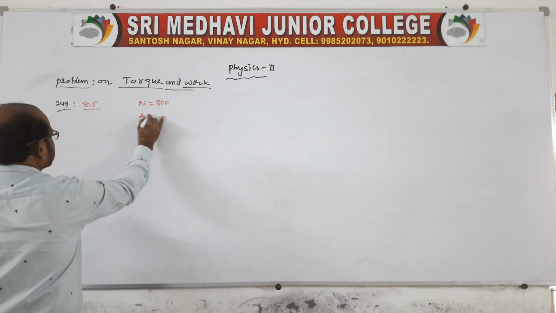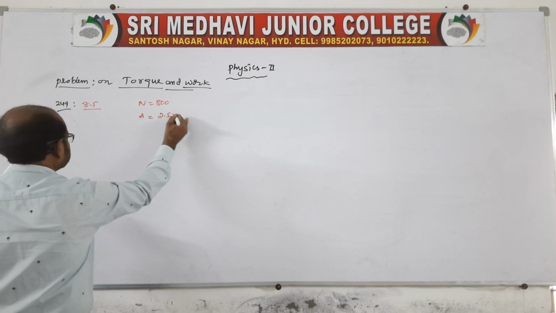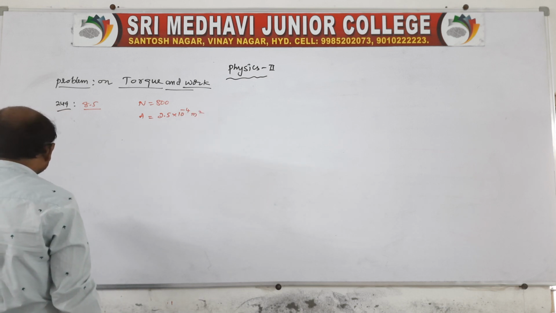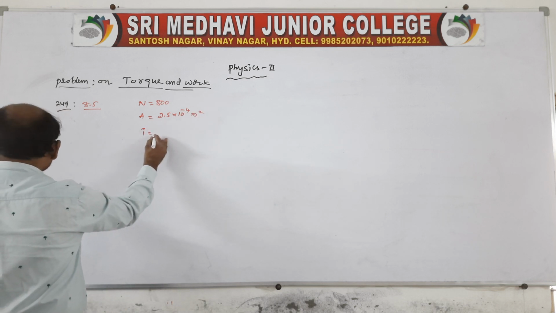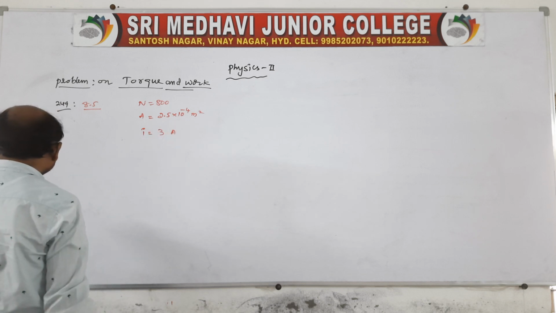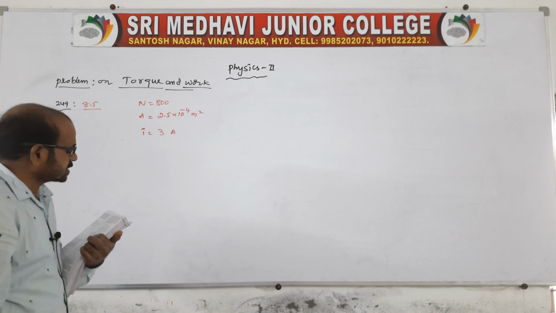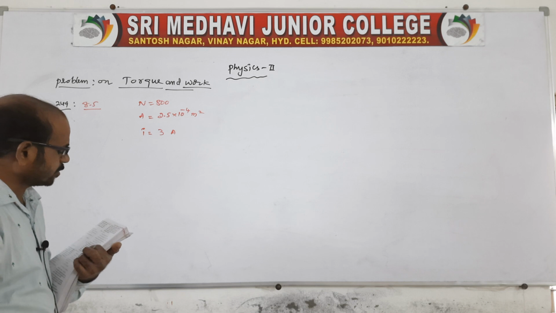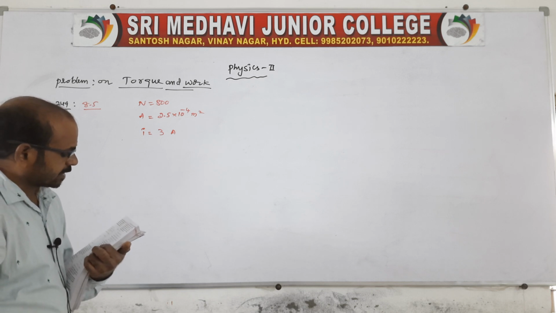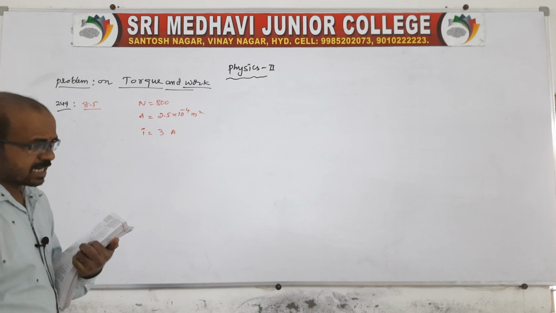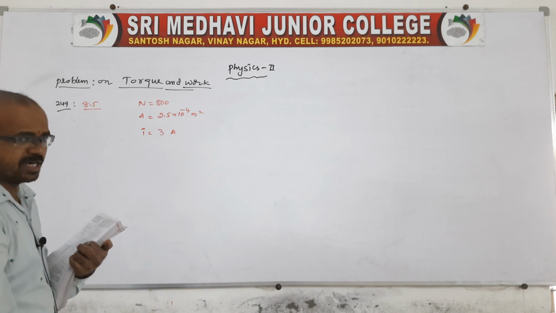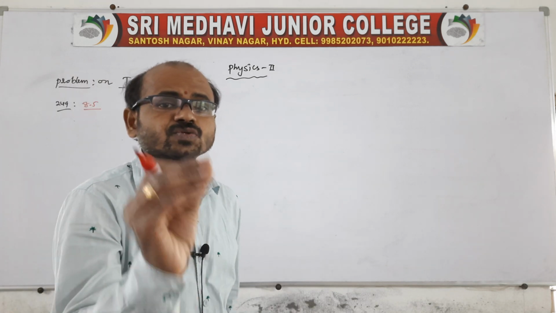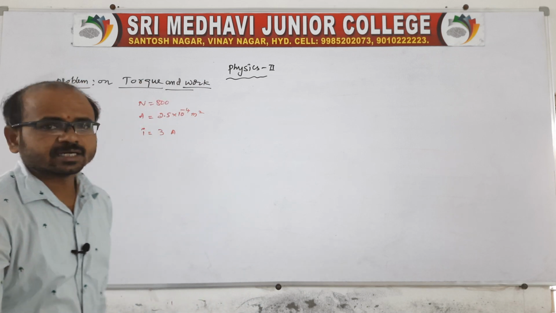Area of cross section is given, capital A is equal to 2.5 into 10 power minus 4 meter square. It carries a current of I equal to 3 ampere. Explain the sense in which the solenoid acts like a bar magnet. What is its associated magnetic moment? Of course, it is asking the magnetic moment. When the current is carrying, there will be a field produced. The field produced is nothing but the associated magnetic moment. It is asking just the magnetic moment, no?